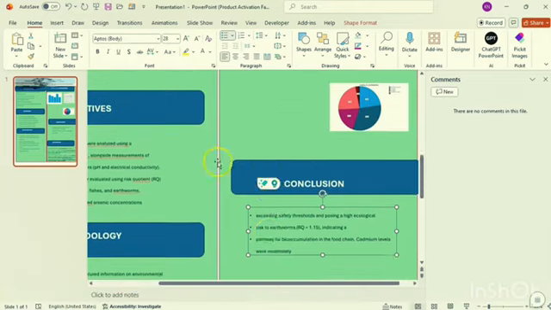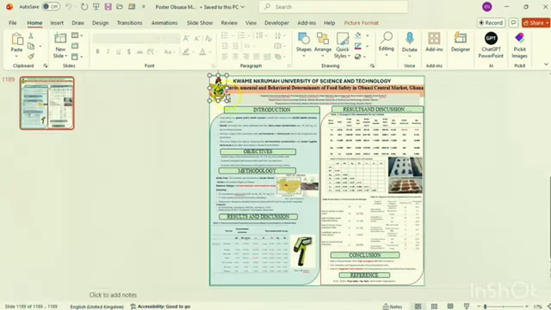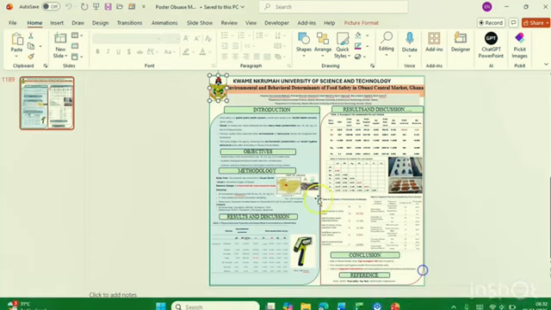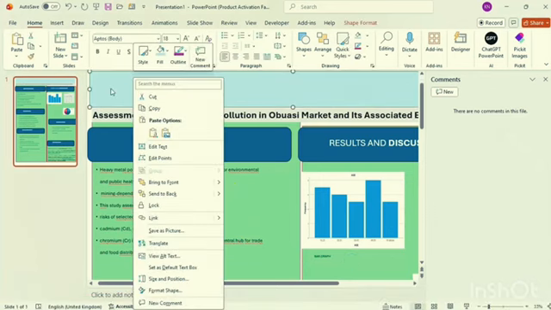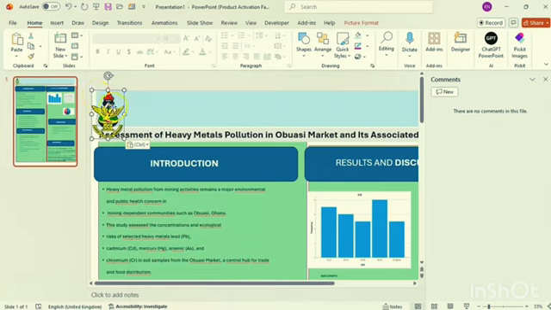So I will bring it here, copy the institutional logo, and then come and paste it in my new poster that I designed. I'll paste it like this, drag it nicely, and then